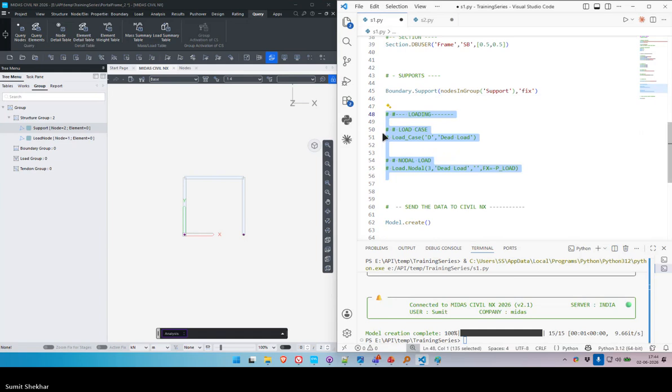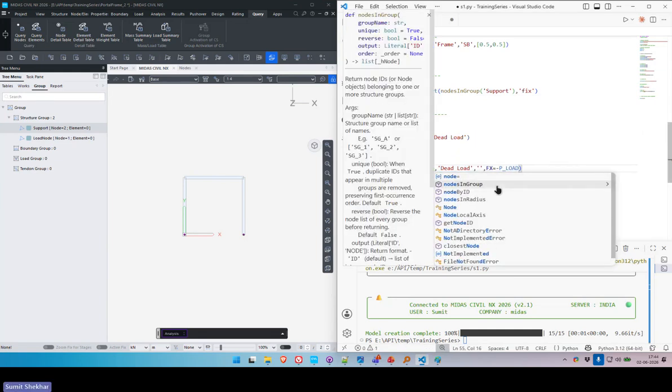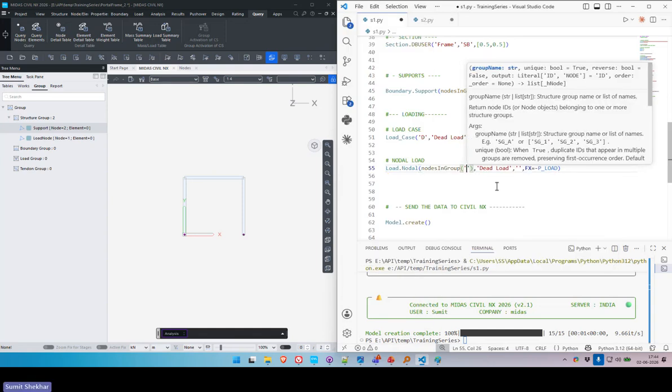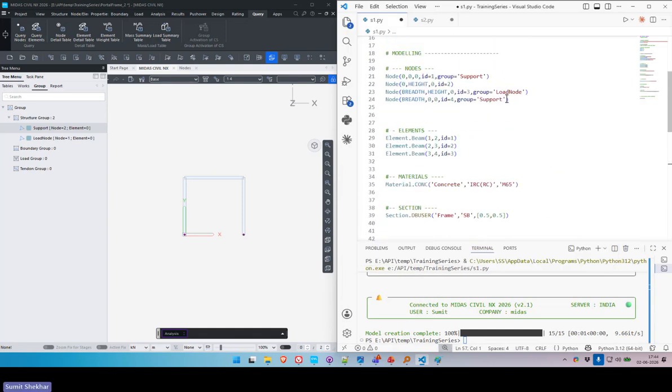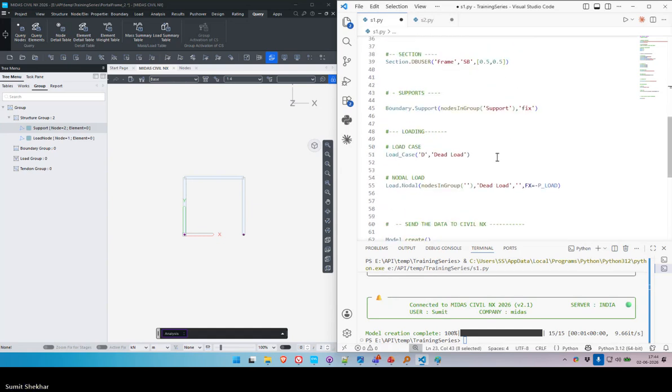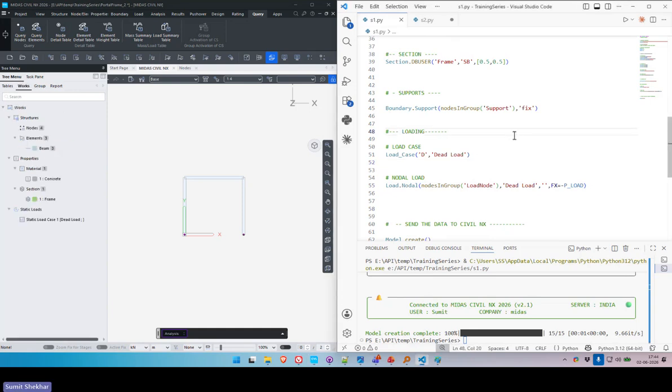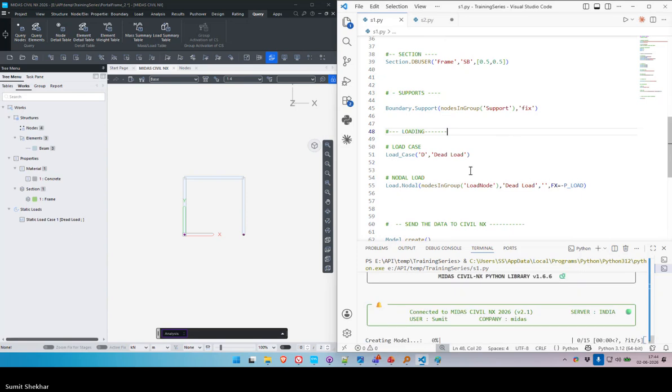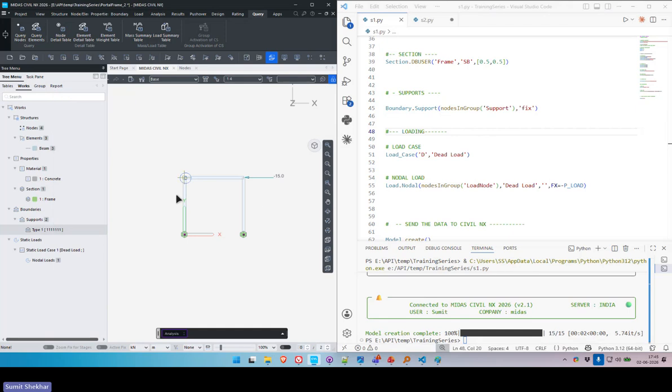Similarly, I can come here and apply nodes in group, and I can write its name, that was load node. Load node here. Save it. Run the command again. So I will now have my supports here, the static load here, and all of these are controlled by these